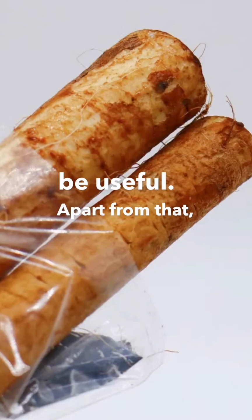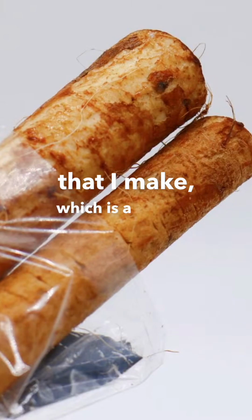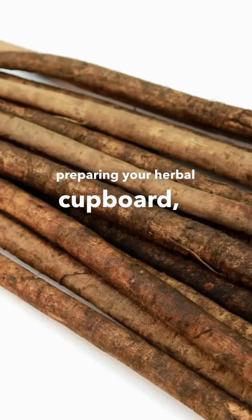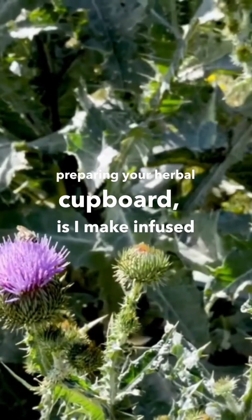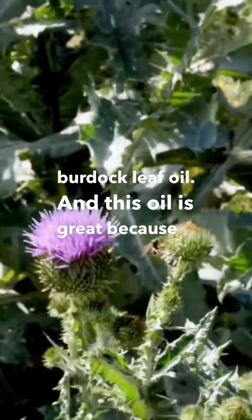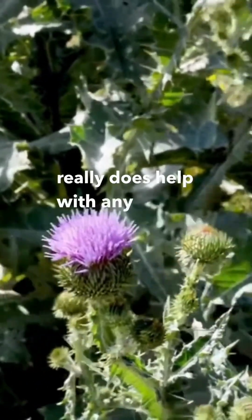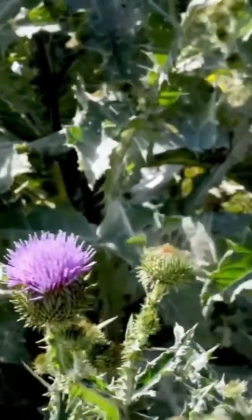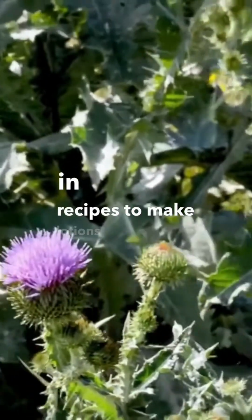Apart from that, another great way that I make, which is a bit time consuming to be honest, but it still works best, especially if you're preparing your herbal cupboard, I make infused burdock leaf oil, and this oil is great because it really does help with any sort of skin inflammations. I also include it in recipes to make lotions and to make